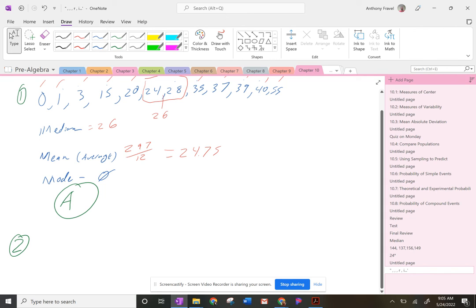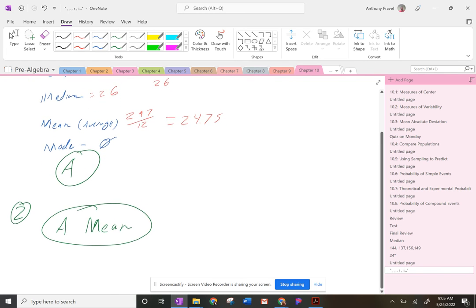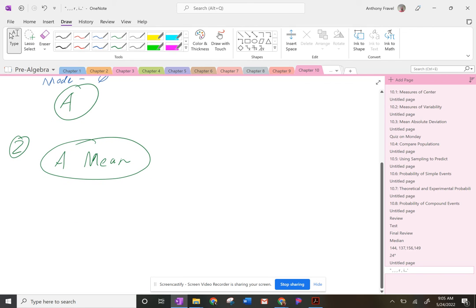The way I would say it is I'm going to try to find the average. So if I'm looking for the average of everything, I'm going to say it's going to be letter A. I'm going to have the mean as the best measure of center. Because again, I could have some outliers here and there, but if I have the average of everything, the mean of everything, it gives me the best number. Now I'm going to look at the next one, number 3. It says